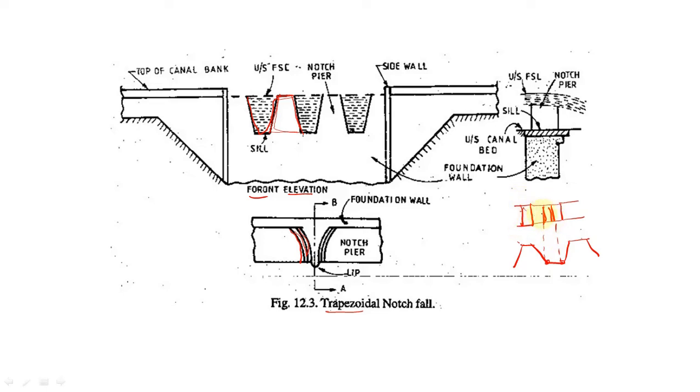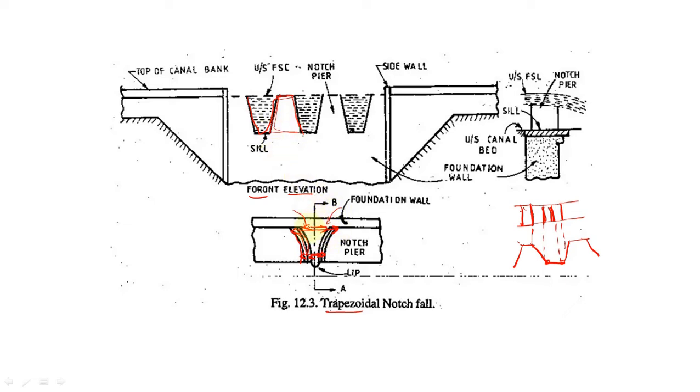Here thickness is constant. No radius is provided. This is the top line, so you can only see these top lines. But to allow a smooth transition flow into the notch, the width of the trapezoidal notch is varying. You can see here the width of the trapezoidal notch is higher, but at the base it will be minimum, and at the top it is maximum, but here it will be somewhat less than that. Like that. I will discuss it in detail in the design part.